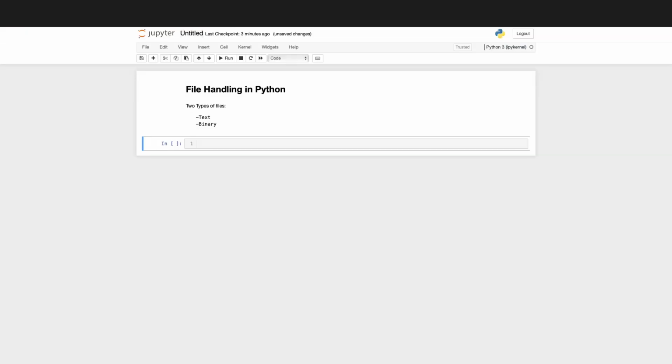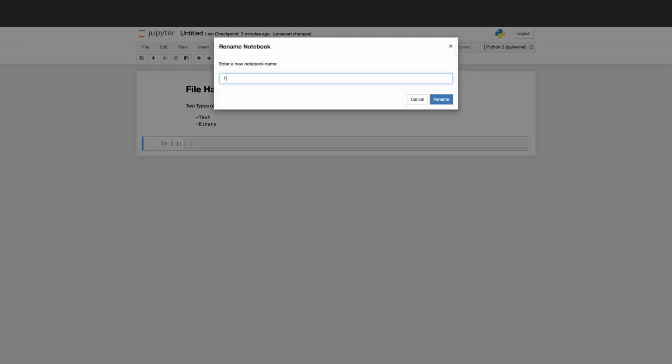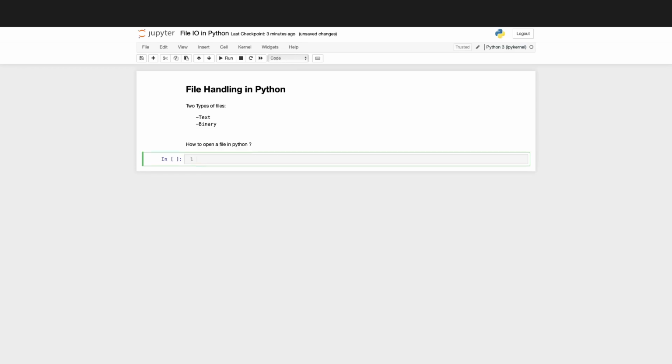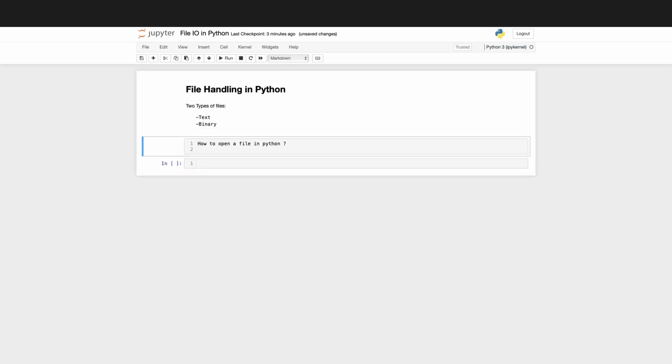Let's name this one: untitled, file IO in Python. So how do you open a file? This is the question: how to open a file in Python. So to open a file, what do we use? We use